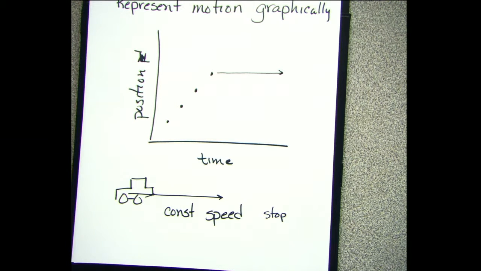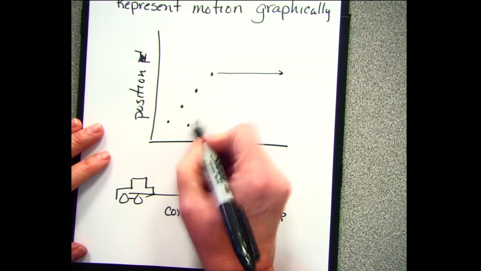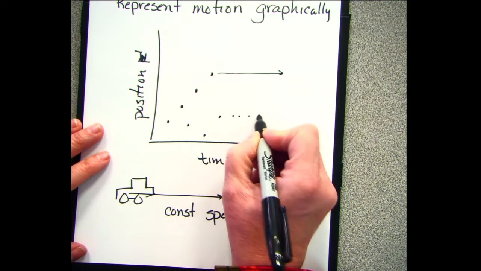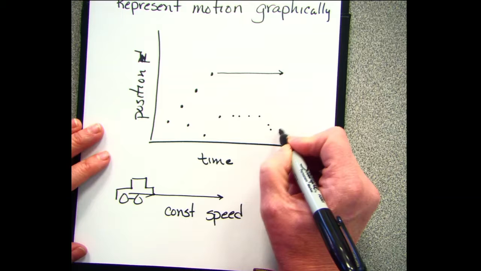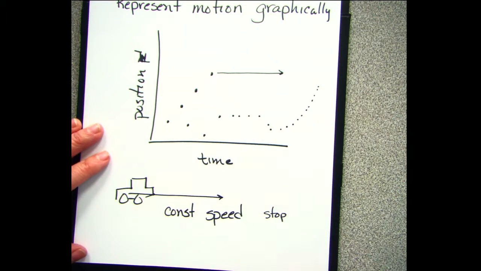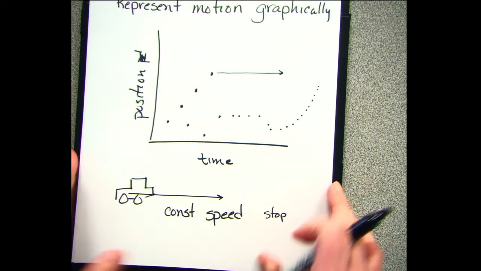Now, my position versus time graph doesn't have to be straight, right? I can be here, and then I'm down here, and then I'm up here, and then I stay straight for a while, and then I come back down, and then I quickly ramp up, and I do something like this, and I can actually describe the motion by drawing a graph. So let's go back and look at that graph for a little bit, because we did this in math class, right? And in math class,